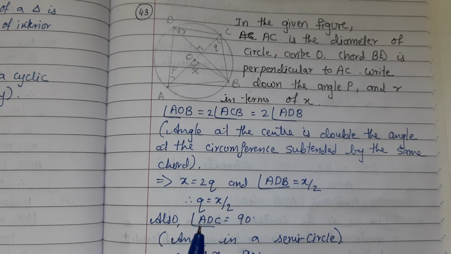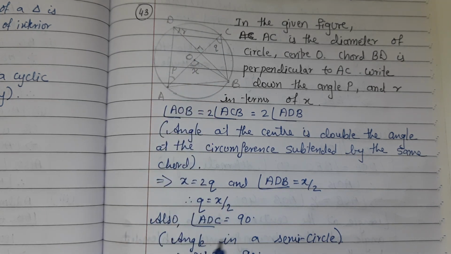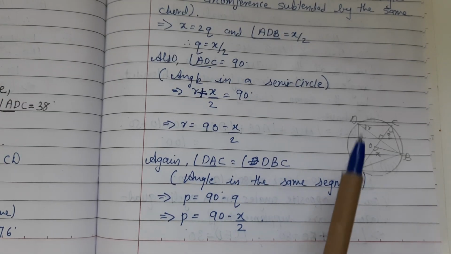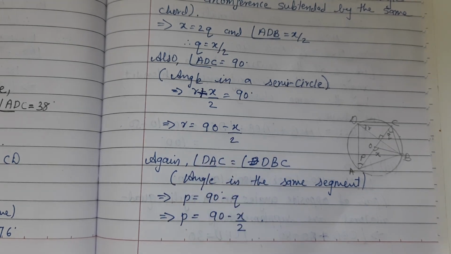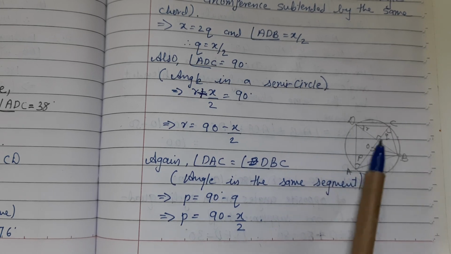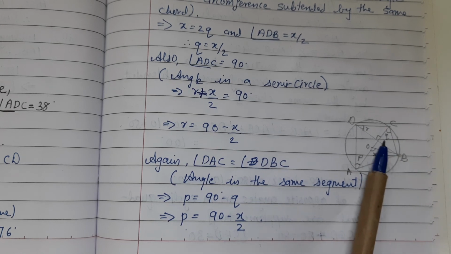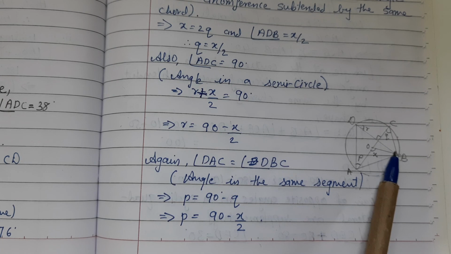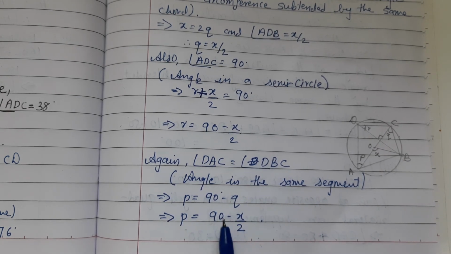Also, angle ADC is equal to 90 degrees, angle in the semicircle. Therefore, R plus x upon 2 is equal to 90 degrees. R equal to 90 minus x upon 2. Again, angle DAC is equal to angle DBC. This is 90 degrees, this is Q, therefore angle B will be 90 minus Q. Therefore, P equal to 90 minus Q. P equal to 90 minus x upon